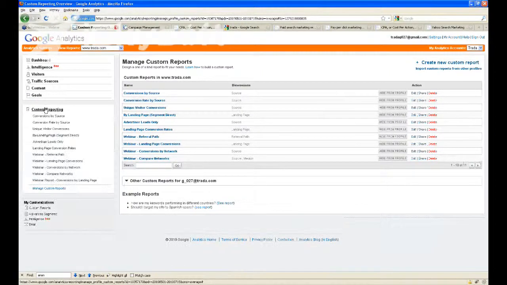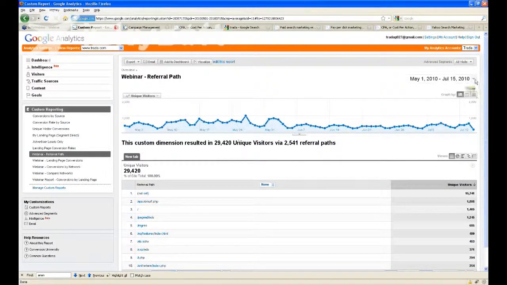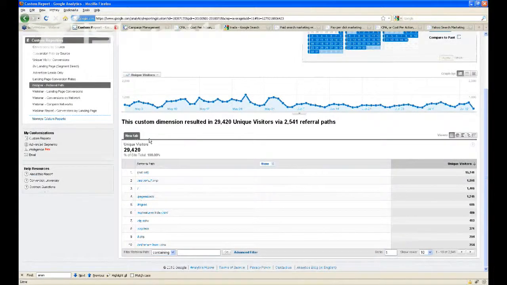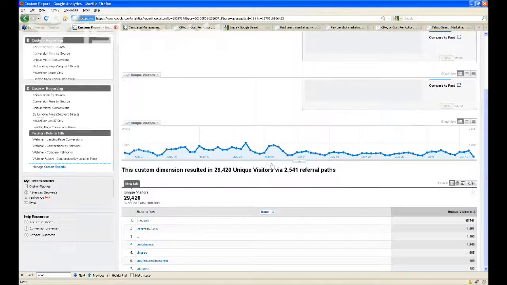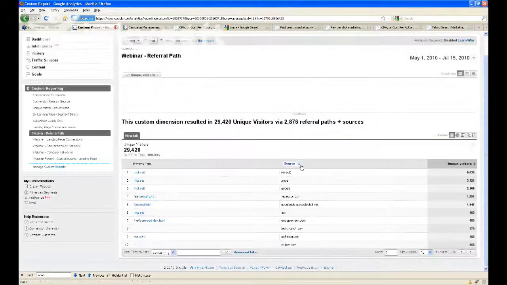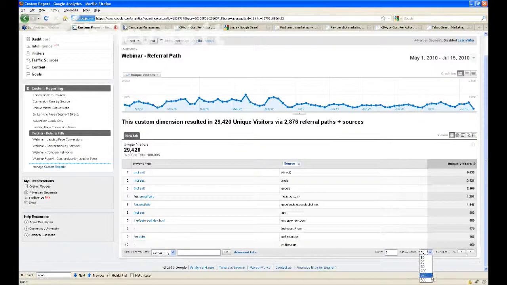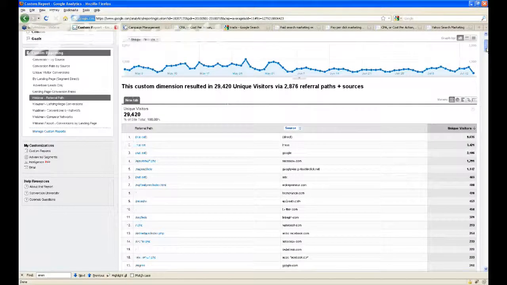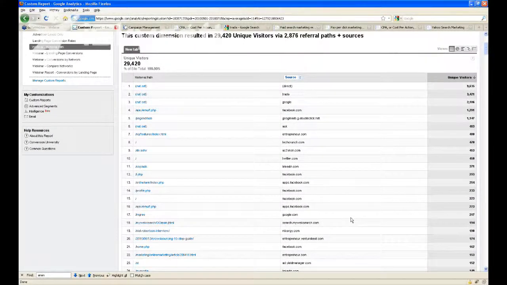And what I'm going to show you is a report that answers the age-old question of where is my traffic really coming from? Well, I built a custom report which we'll send you in the follow-up, and what I'm going to do is actually sort it by source. What this report does is it uses the actual path where a visitor came from, and then it sort of tricks Google Analytics into telling you the domain name as well, and it tells you the number of unique visitors. And what it will give you in the end is exactly the URL that people came from. It's actually a relatively hard thing to ask Google Analytics to do. You have to build a custom report to do it.